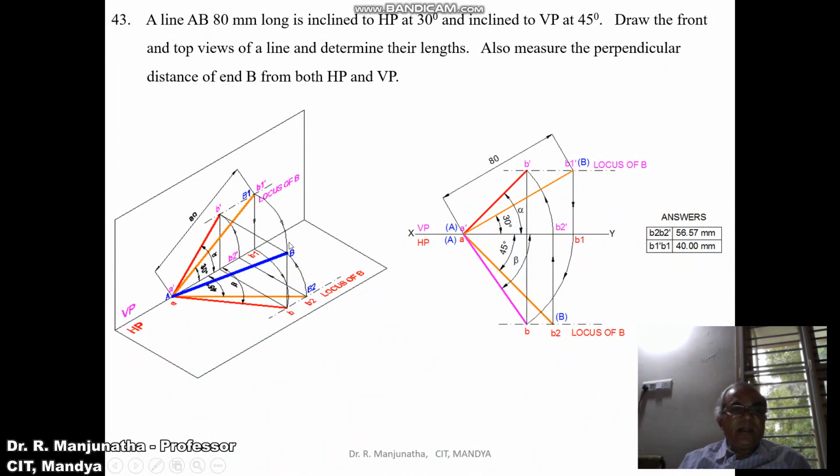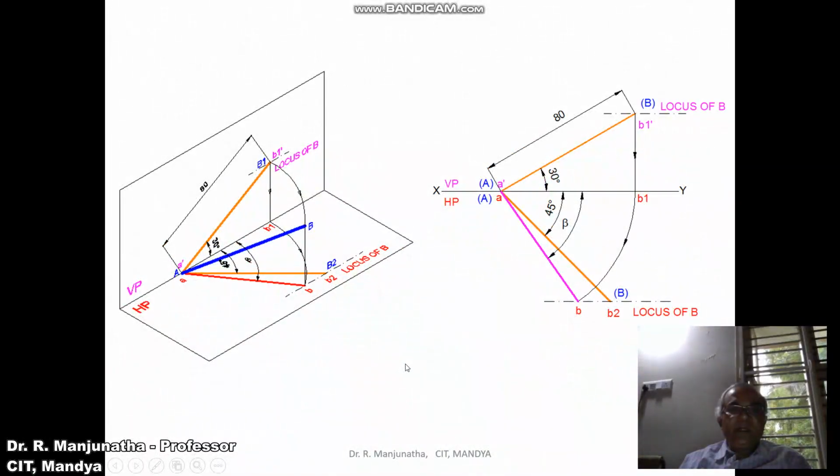So when you rotate it like this in space, the image you will get here is this, and when you rotate this true length in the top view like this, then the image you will get here is rotated like this, so that you get the locus of B in the front view here. Then this is the actual line capital AB in space in the final position given in the problem. So this is how we can analyze in 3D space. Now we will take them up individually.